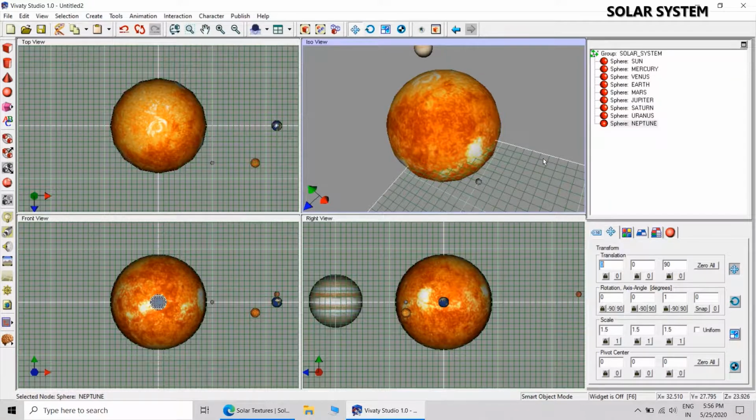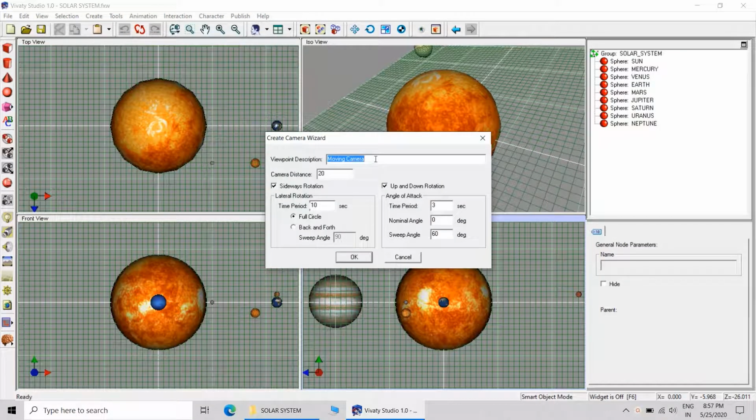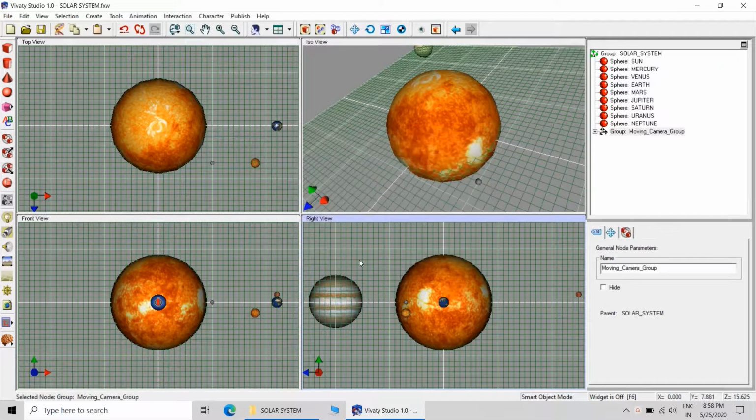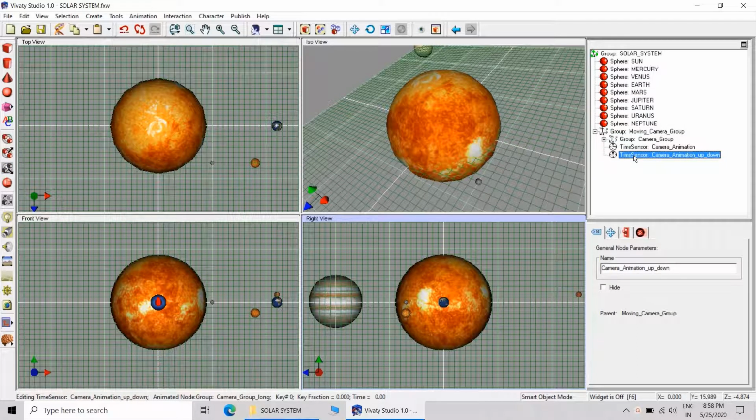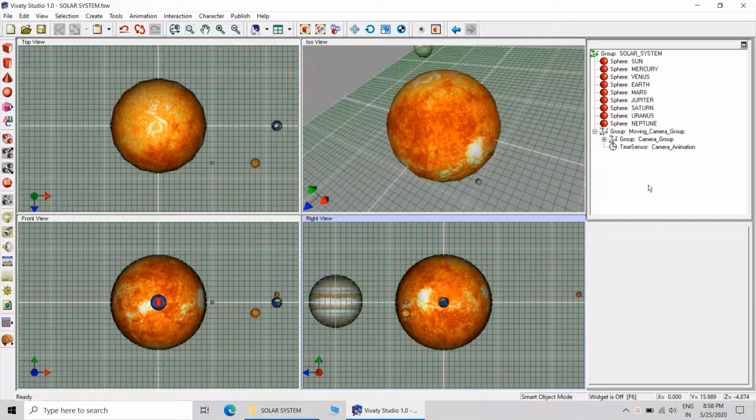Now the next thing will be animation. So go to the animation, generate animation. Here there will be a moving camera. The distance will be 150 and the time period will be 20 seconds, and it will have the full circle. So here I have created this group. You delete the last time sensor in the group,